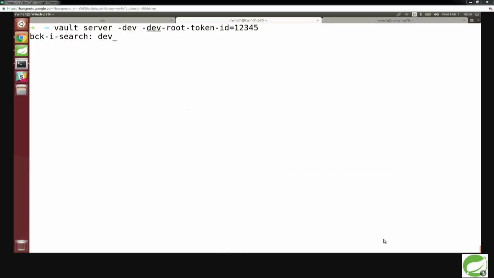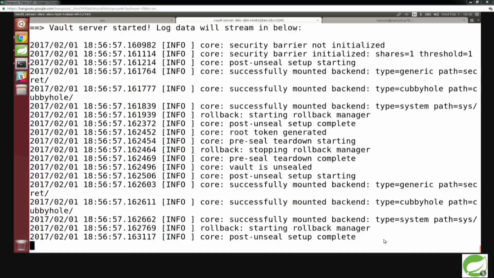All right, so now we're going to go ahead and do a little bit of a demo. So we've talked about how Vault is going to protect us, and now it's good to see it in action. So the very first thing I like to do is go ahead and start this up. So Vault server is now started. Vault is a binary, and the binary is the server and the client.